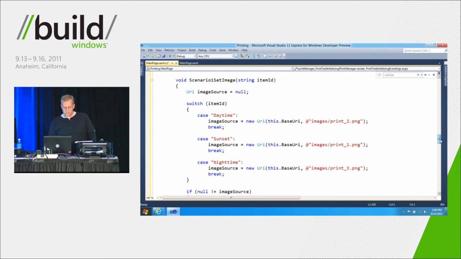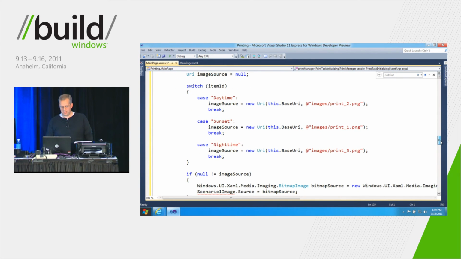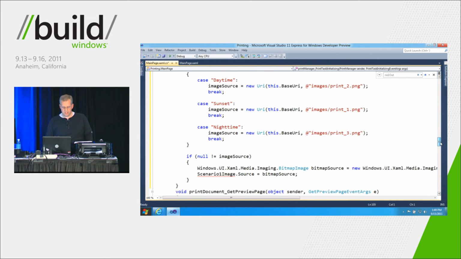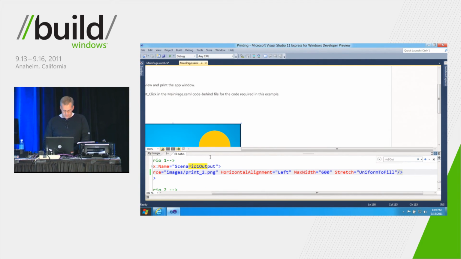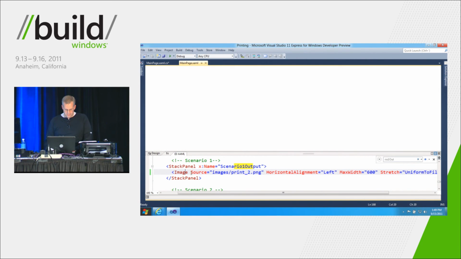So here's the scenario one set image function. It's just a basic XAML function. It looks at the value of the item, figures out what image is associated with it, and then uses that to actually set the source. But you'll notice I got a little bit of a problem here, so let me quickly jump over to my XAML. And I actually need to make sure that this image value